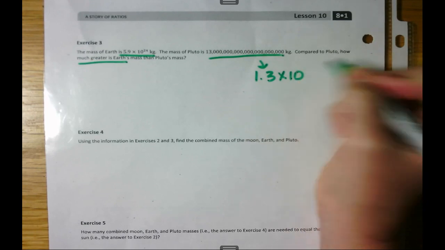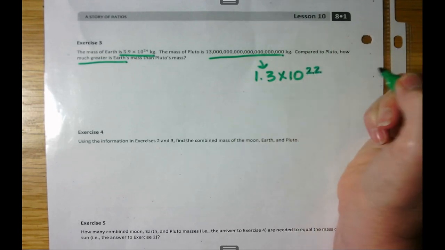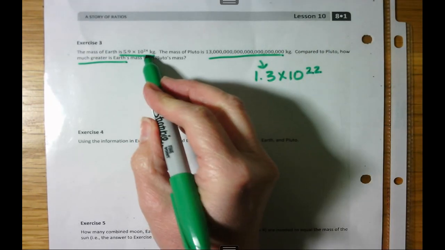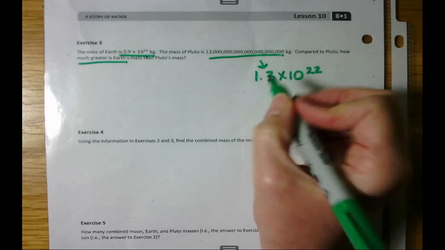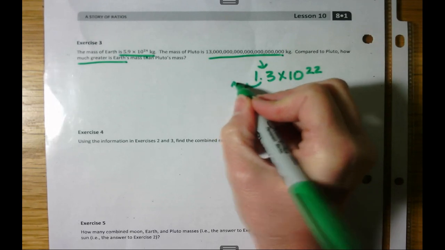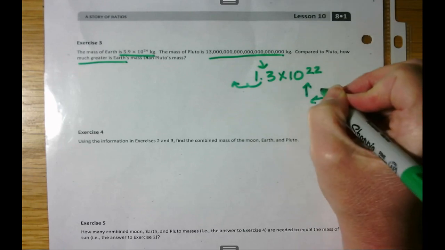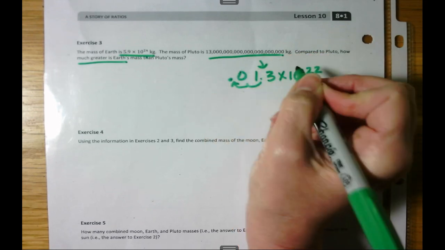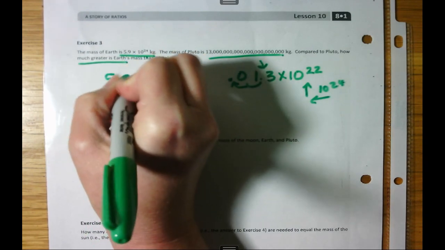1.3 times 10, and then there are 3, 6, 9, 12, 15, 18, 21, 22. And then I'm going to look at the 2. This is 10 to the 24th, and I'm subtracting this number. I'm going to go ahead and move the decimal 2 places this way, increase it, and make it 10 to the 24th. And that will give me a decimal 0.13. So I have 5.900